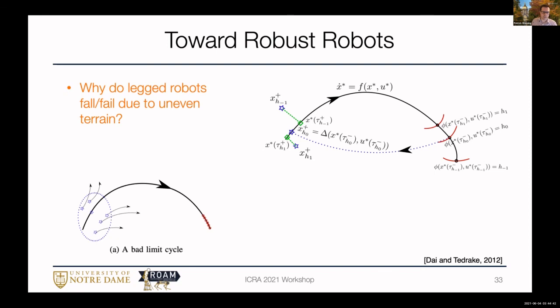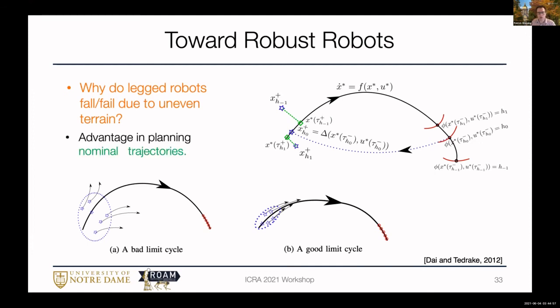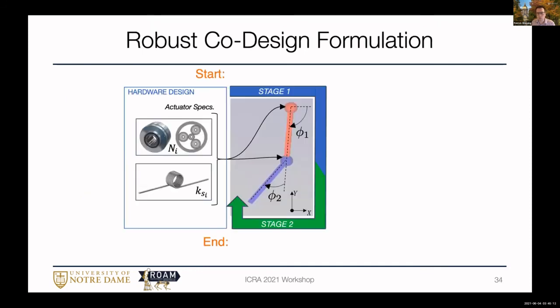So you can think, if you're designing a limit cycle, there could be bad limit cycles where a small change in terrain height leads to a very large spread in states post-impact. Whereas if you design a good limit cycle, you could reduce the clustering of those states even further. And so our thought was, well, let's take a look and see what happens if we do co-design. Hopefully if we do co-design and we have a good design, we can further push down that area where those post-impact states live. So to do that, we pulled out our stochastic programming strategy again, where now the stage